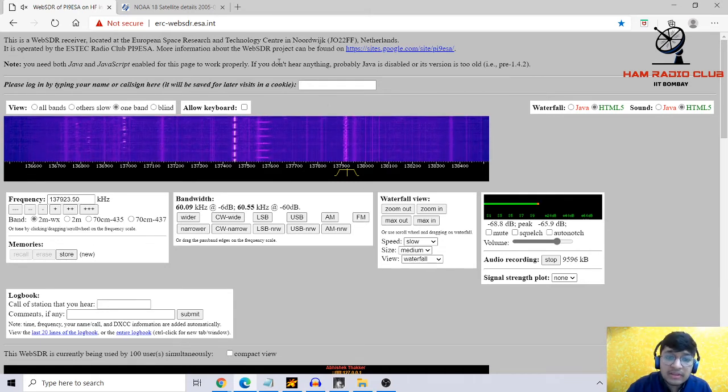So I would recommend you to use Mozilla or Edge, and mostly it is done, or you have to update your Java. The details are given here. If it doesn't happen, you can Google it. There will be simple options of how to update your Java, and I think it will be done. You can see there is some signal still coming. I think I made myself clear.